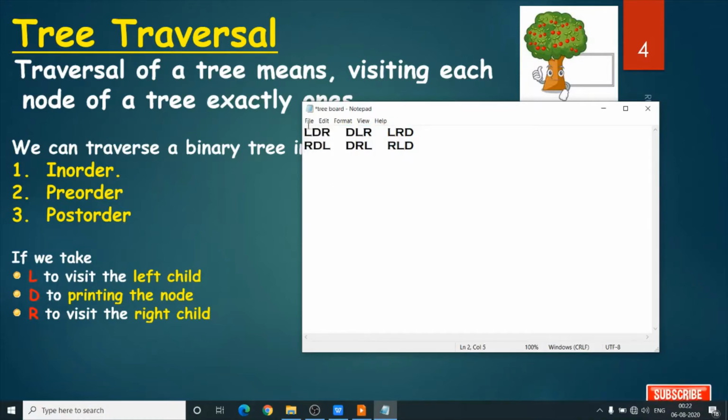In the first line L comes before R and in the second line R always comes before L. So we take the first combination, meaning we always visit the left child then the right child, that is L comes before R. So here we get three combinations: LDR, DLR and LRD.